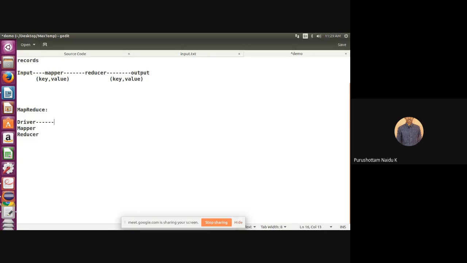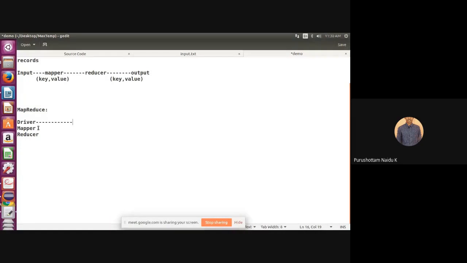What does the driver code contain? The driver code contains what our driver class name is, what our job name is, what our mapper class name is, what our reducer class name is, what the output key type is, and what the output value type is. And also the input path and output path. Such information we have to provide in the driver class. The actual logic we have to write in the mapper function and reducer function. First I will explain the mapper code, then the reducer code, then we can easily understand the driver code. I already explained how to write the driver code in the WordCount program also. If you listen to that video, you will get an idea about how to write the driver code.